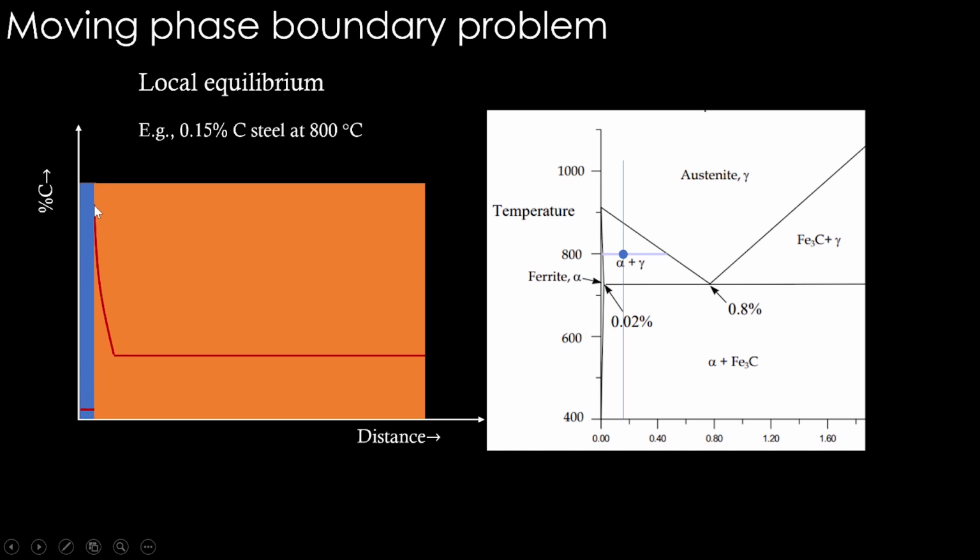And this is how the initial profile will start as the nucleation starts, and largely the material will remain with the original composition 0.15. As diffusion occurs and the interface moves, we will see that this blue region will grow at the expense of orange. From the blue region, more carbon will be rejected into this orange region. So that's how the diffusion takes place, and the carbon composition here will increase and reach near 0.42 or so, that level of composition.